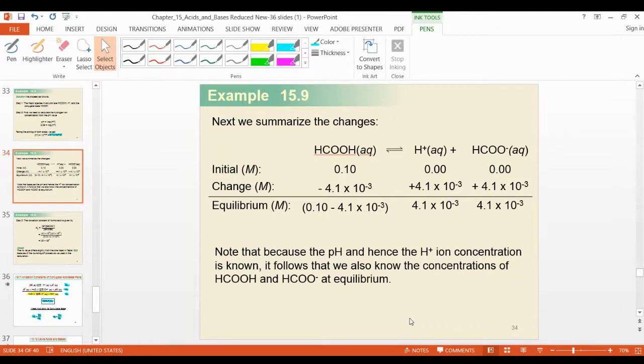Okay, tell me now what is the difference between this example and the 15.8 example? What is the major difference? Can you show us 15.8 again? What is the major difference between this example 15.9 and 15.8 we have done? There are two examples we did. Why are we not using x here, while in the 15.8 example we calculated x? What is the reason?